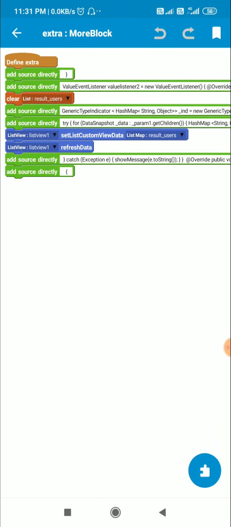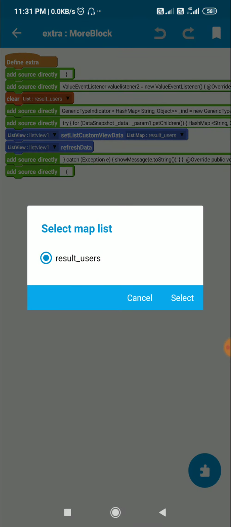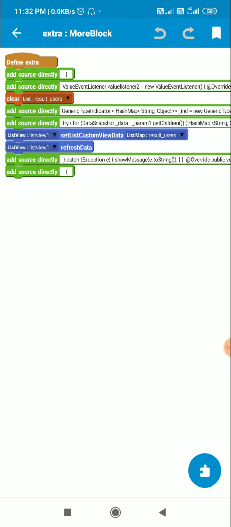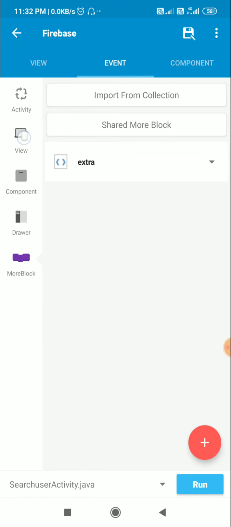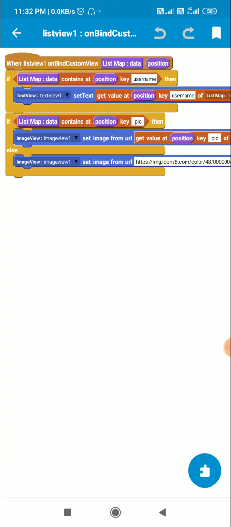So once I use this block list view 1 set list custom view data list map, it will call the onBind custom view block.